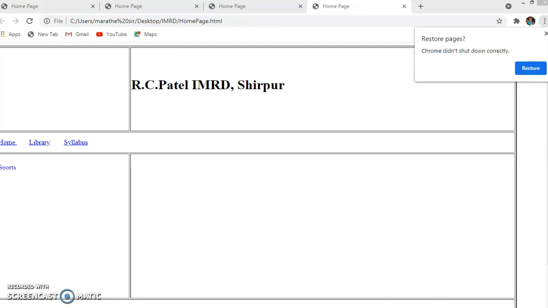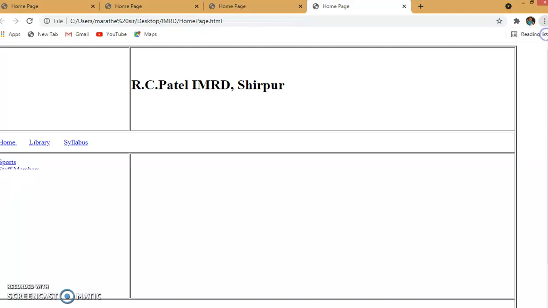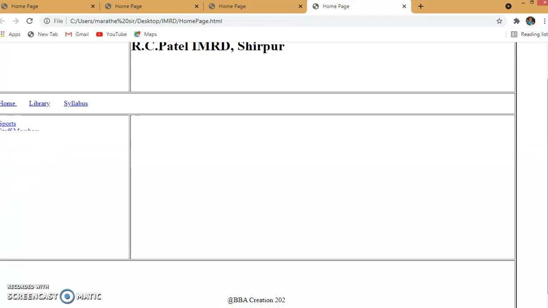Okay, after running this code, it generates the output, and we see the output here on the screen.